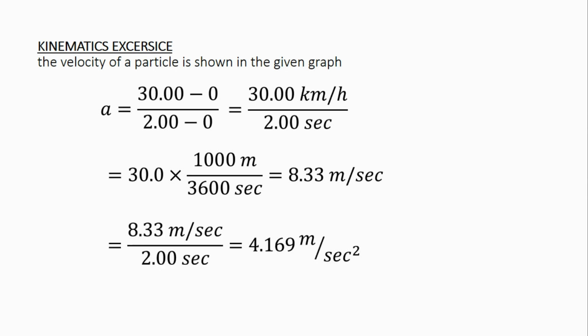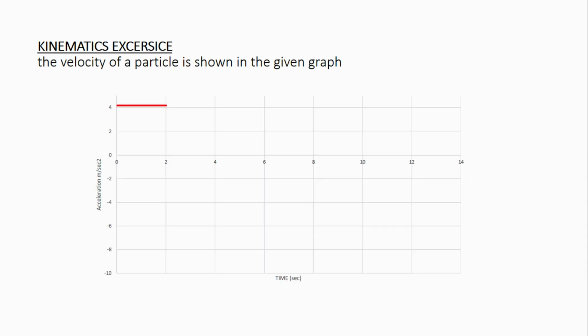Returning to the expression for acceleration, we find that the acceleration in this segment is constant at 4.17 meters per second squared. This means that the velocity increases by 4.17 meters per second every second. We can plot this value to keep better track of the acceleration. It is worth noting that the acceleration is constant in the first segment, meaning it does not vary during the